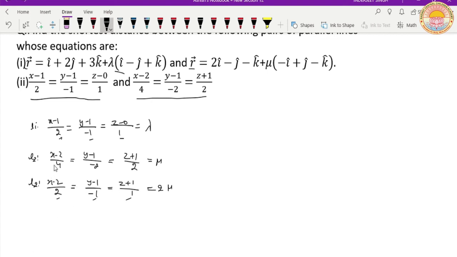So first we can change these lines into vector form. In vector form, the first line will become vector r is equal to x1 is equal to 1, y1 is equal to 1, z1 is equal to 0. So it will give i cap plus j cap plus 0 k cap plus lambda times of, this is a1, this is b1, this is c1. So this will give plus lambda times of 2 i cap minus j cap plus k cap,